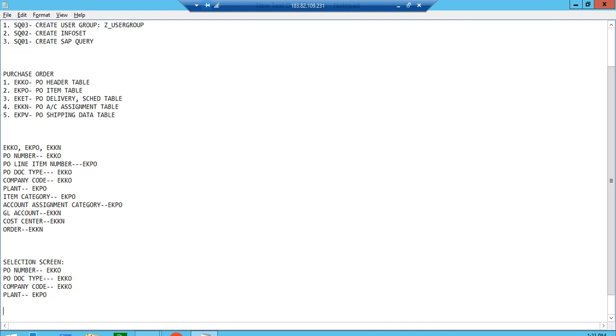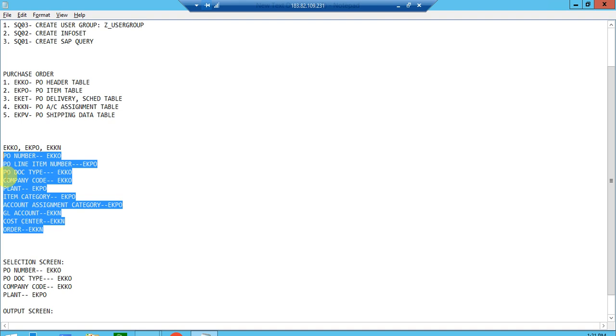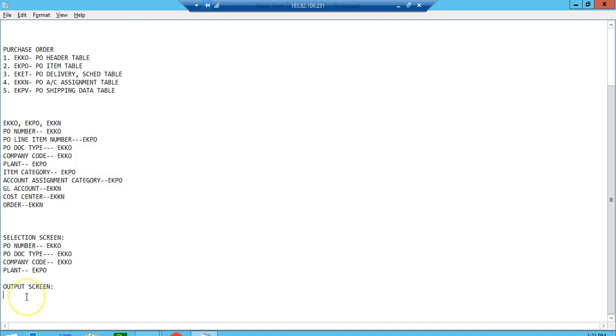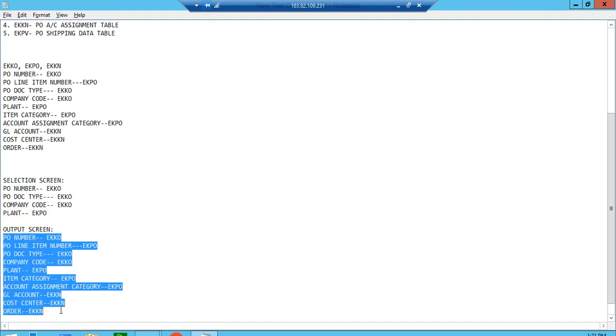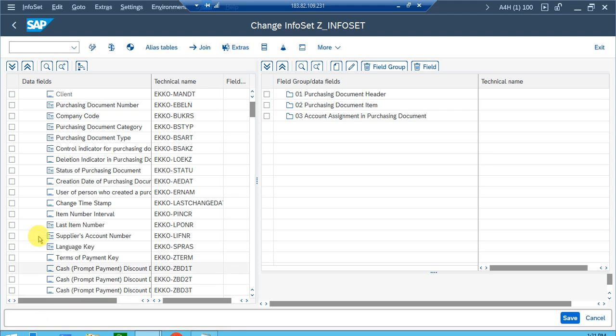And on the output screen, they want to display all these fields. So this is the requirement we received from the business. On the selection or input screen, they want only these 4 fields, and on the output screen they want all these fields. So if we go to